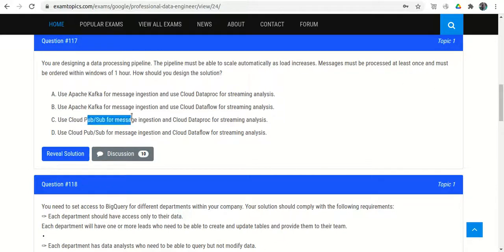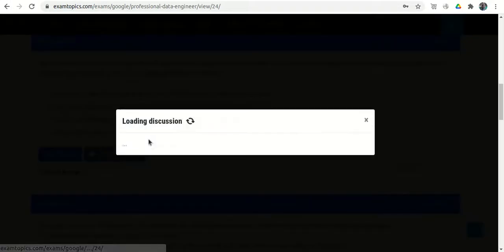So Cloud Pub/Sub is okay because we make sure that at least one message is delivered. Cloud Dataproc is not scalable, so it is wrong. Cloud Pub/Sub and Cloud Dataflow are okay for scalability. So option D looks perfectly okay.